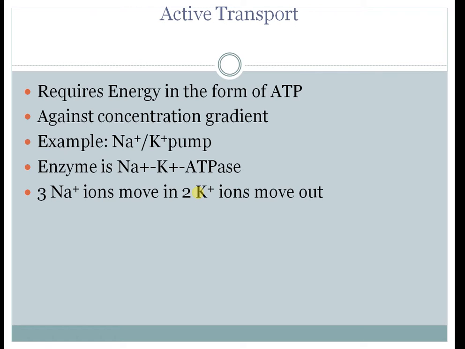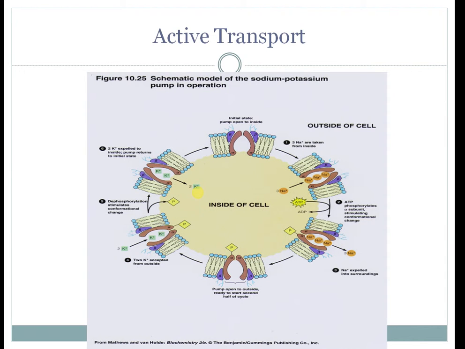So how does active transport work? It requires energy from ATP and moves against the concentration gradient. An example is the sodium potassium pump, the enzyme sodium potassium ATPase, in which 3 sodium ions are pumped out and 2 potassium ions in, so these are counter-actions. Here is the active transport mechanism. In the structure we can see inside and outside how sodium and potassium move: potassium influx and sodium efflux. Here the enzyme ATPase is involved.